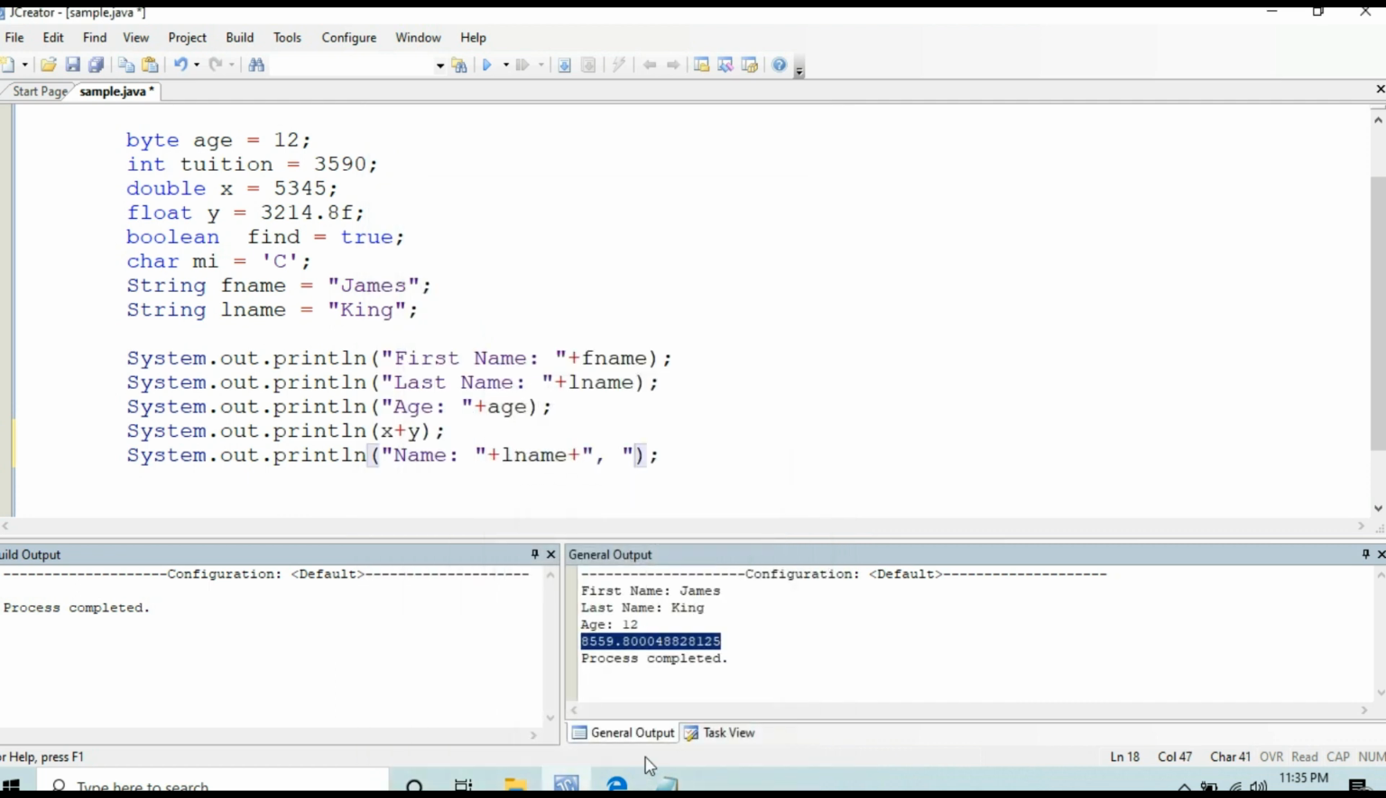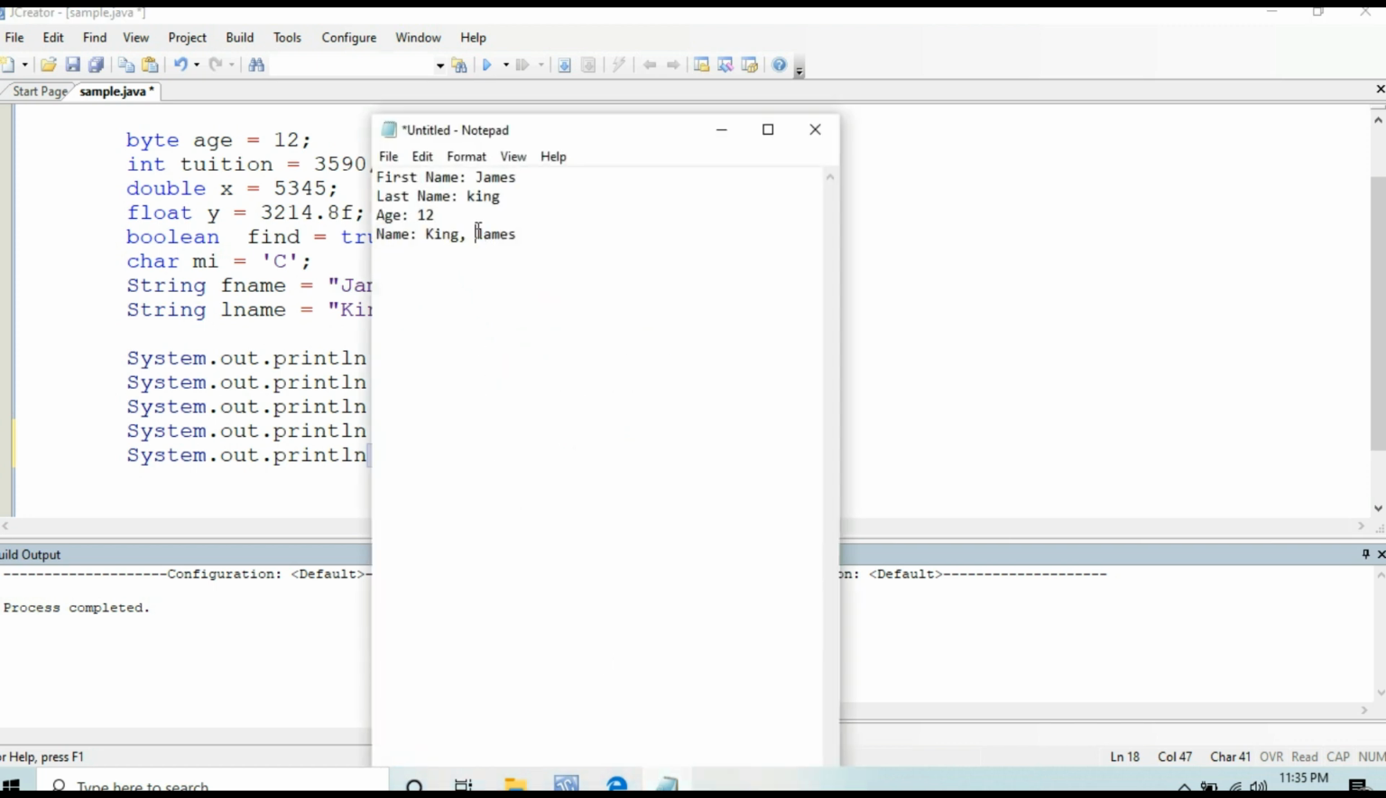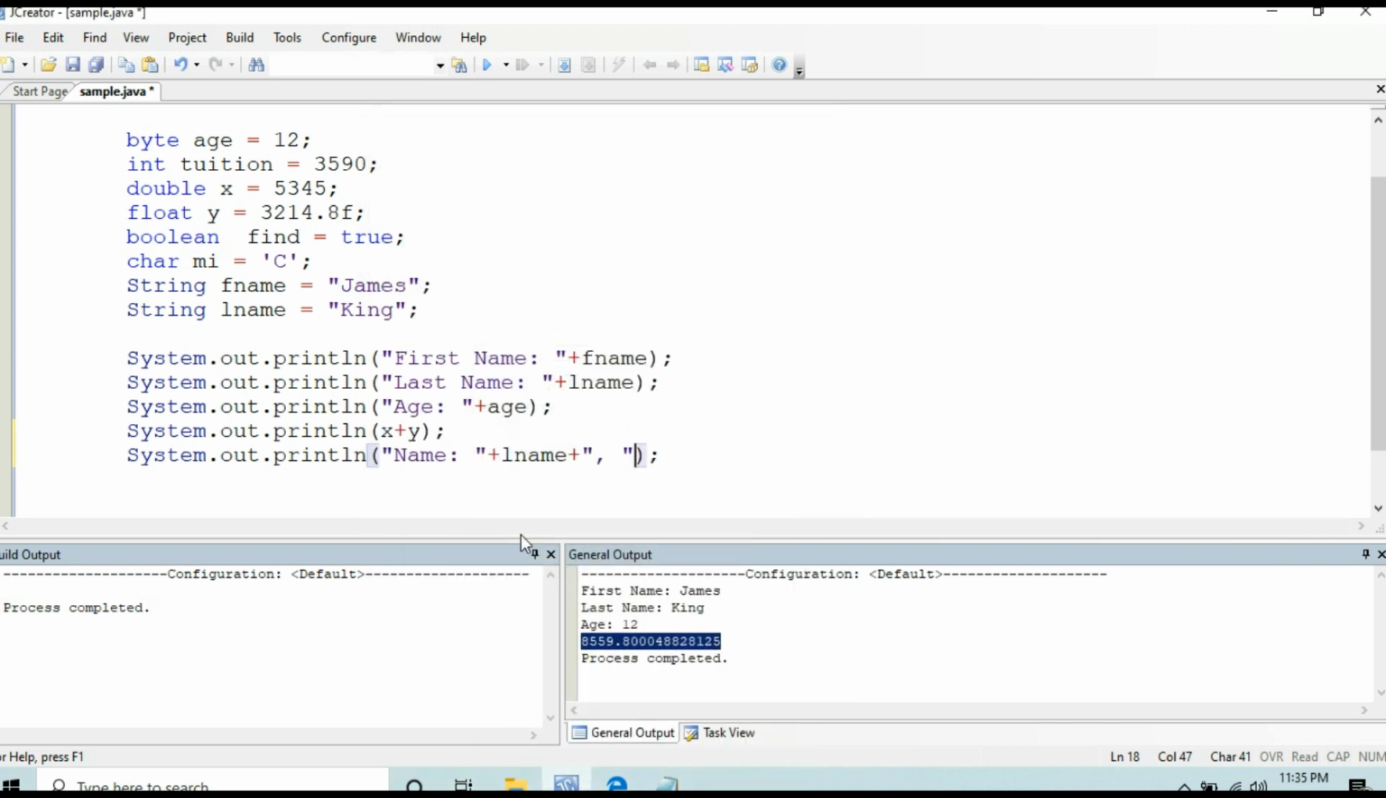Then after the comma and space, it displays James. So who is James? The first name. So we concatenate it, plus first name. So the output will be,